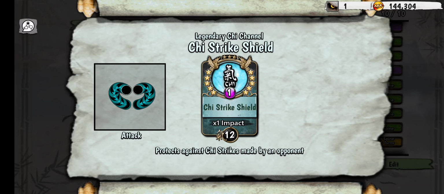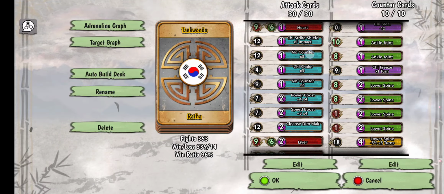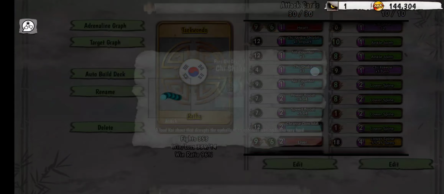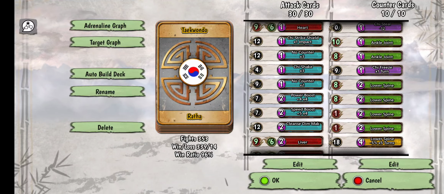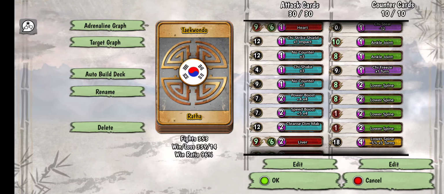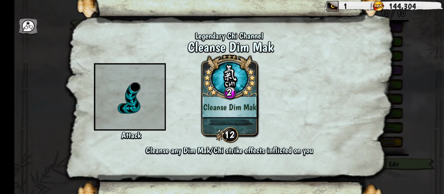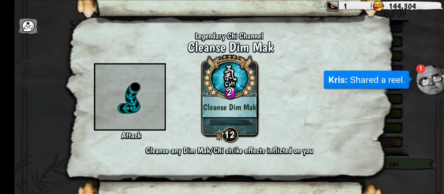You do want to protect yourself because you are vulnerable to chi attacks, be it dim mock or otherwise. Of course, you don't want to get countered every time, so no counters, chi shakes to really force your opponent to guess what you're going to hit. And I'll always preach that you have at least 1 cleansed dim mock in your hand and or deck at all times. You never know what you're gonna be playing because there's Chi Masters, Ninja, Wing Chun,